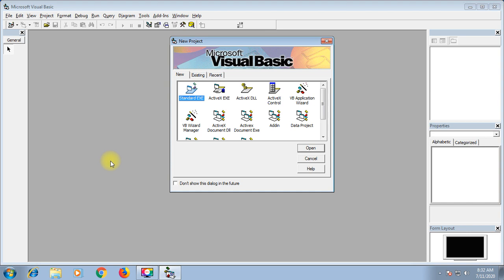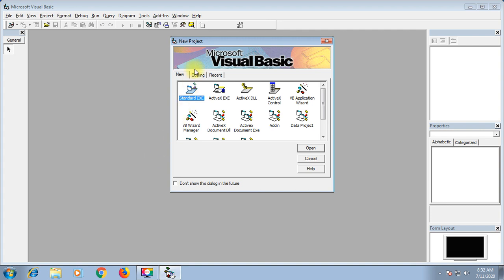If we save the project, then we can reopen it. Today I shall teach you how to open an existing project. But right now we do not have any project in our computer, so I will again open a new project.